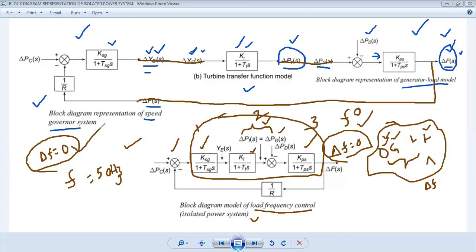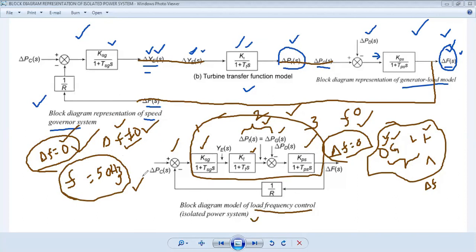If there is a change in the frequency, it means there is a change in the load demand and a mismatch between the generation and load demand. So we will have a certain value of delta F, delta F not equal to 0, which is not required. If it is not equal to 0, we are not maintaining the frequency at the rated value. So the system always has to look after these changes in the frequency, and the speed governing system will act in such a way that delta F becomes 0, so that we can maintain the rated frequency, 50 Hz.